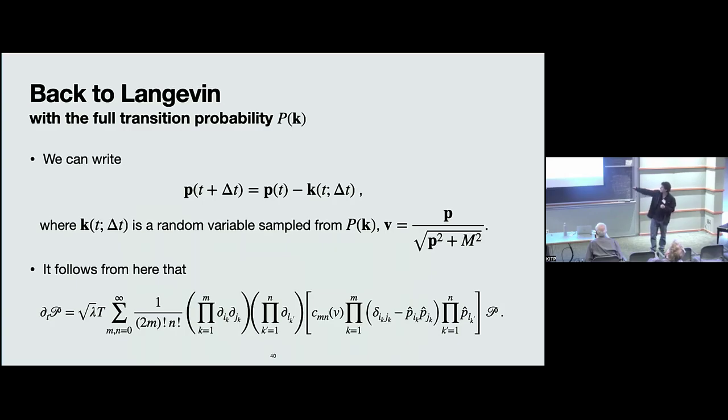I want to evaluate the momentum at a time t plus delta t, and I know the distribution from which to sample the momentum change after some time delta t. There are some conditions that this delta t has to satisfy for me to strictly be able to write this down and take a continuum limit, but let me gloss over those, and you can ask me more later if you're really interested. And because this random variable k is now sampled from a distribution with arbitrary non-Gaussian moments,